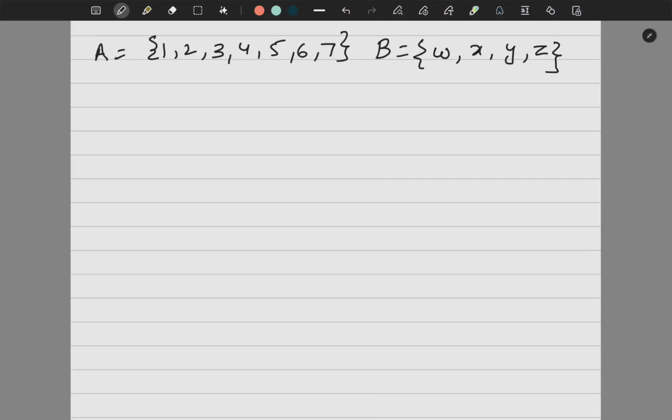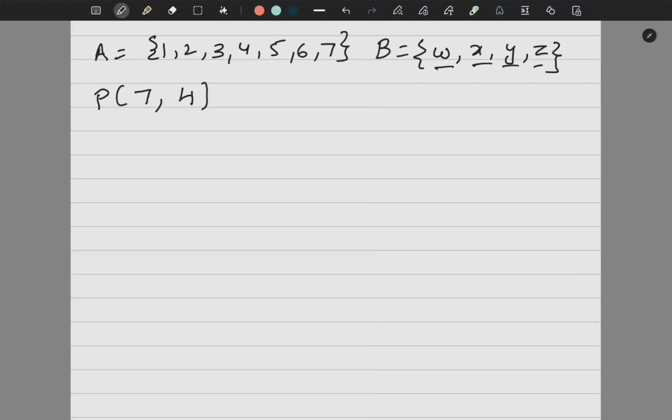Now suppose A is a set of objects 1, 2, 3, 4, 5, 6 and 7. And B is the boxes or the spaces, whatever you want to name it. Find in how many ways the elements of A can be put in B. Correct? Now obviously here all the boxes are different. So I am asking you the value of P(7, 4). This is what I am asking you to find out.